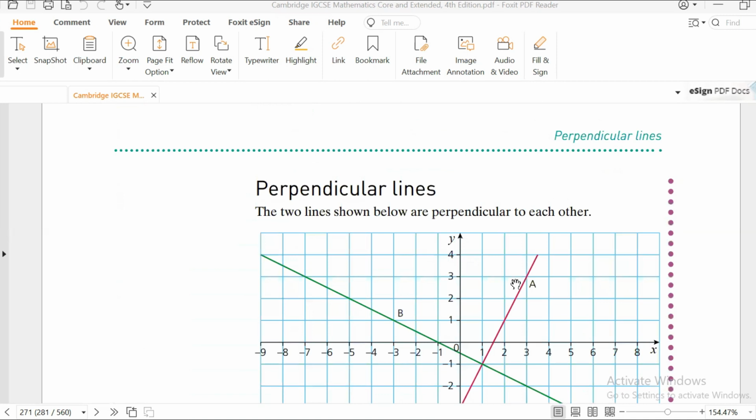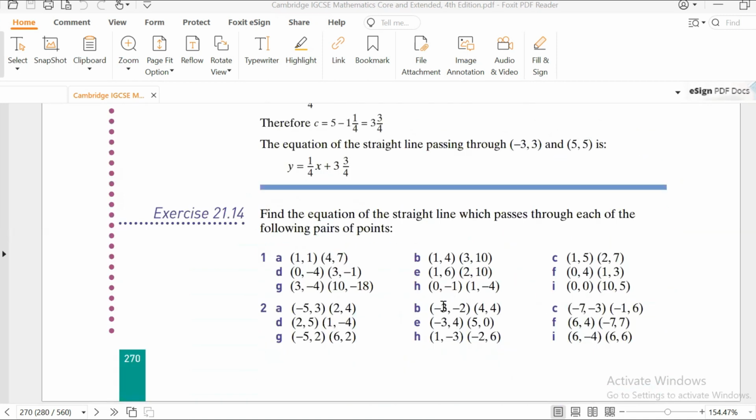For example, we have one question from this exercise. We can choose any, let's suppose question 1 G part, okay? Here I'm doing 1 G part and they want us to find an equation of a straight line which passes through each of the following pair of points. So my points are 3 comma minus 4 and the second point is 10 comma minus 18. Now we are looking for the equation of a straight line. So for that